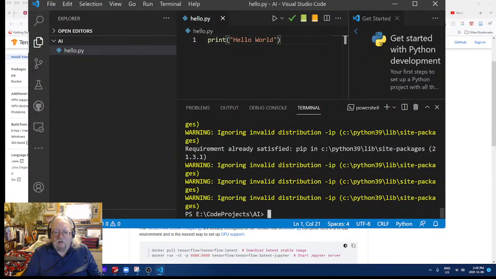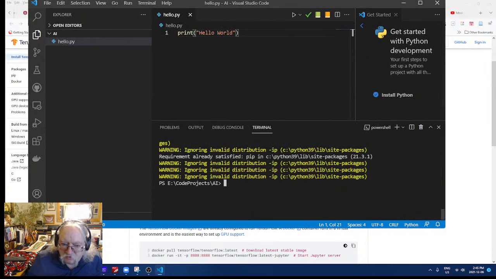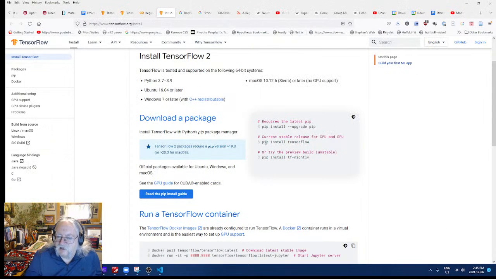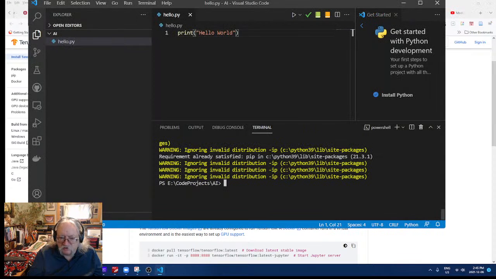So I have no idea what happened there. That's a bit too big. There we go. So, I don't know. Let's just assume it worked. Okay. Now, pip install TensorFlow. Okay, let's see if this works.